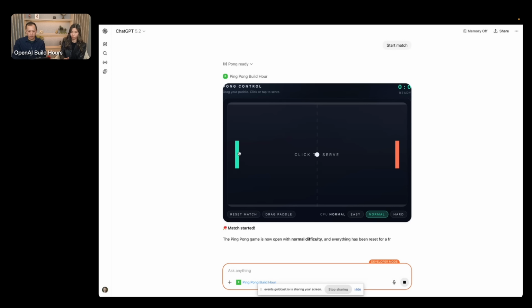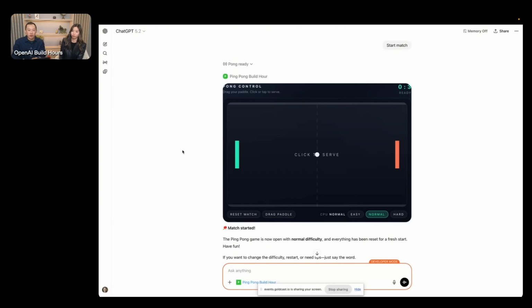All right, so this is a very basic ping pong app that was just created, and it looks like I have to drag my paddle, which is kind of fun. But in just a few prompts, I'm playing against a computer right now. I was able to generate the code to scaffold out a very basic ping pong app, which is really fun.